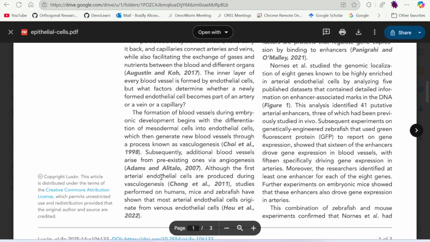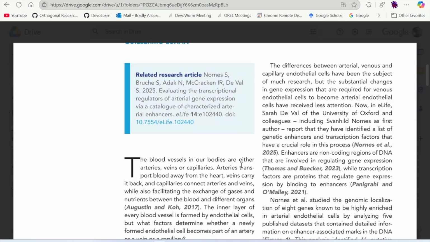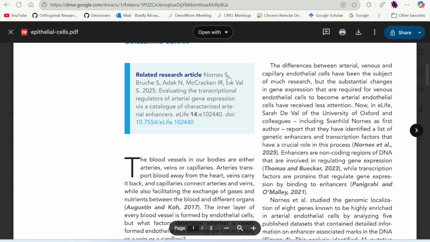Although the first arterial endothelial cells are produced during vasculogenesis, studies performed on humans, mice, and zebrafish have shown that most arterial endothelial cells originate from venous endothelial cells. And so the differences between arterial, venous, and capillary endothelial cells has become the subject of much research, but the substantial changes in gene expression that are required for venous endothelial cells to become arterial endothelial cells have received less attention. So this new paper in eLife here, cited Neurons et al.,